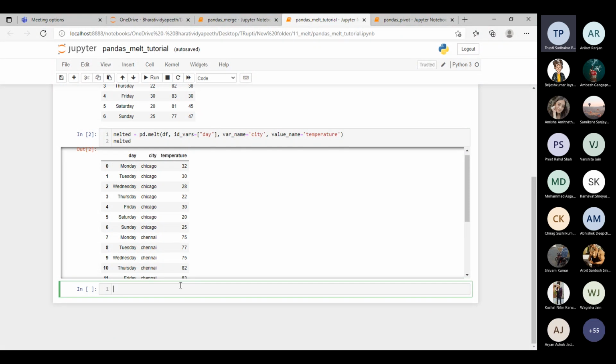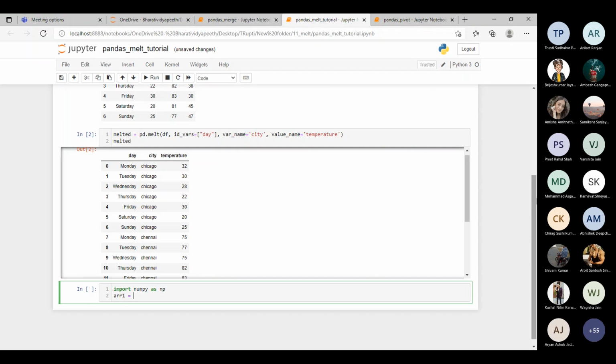One more, which I told you about, reshape. It is import numpy as np. Okay, then we will consider arr1 is equal to np, sorry, we will take one array in square brackets 1, 2, 3, 4, 5, 6, 7, 8, 9, 10.